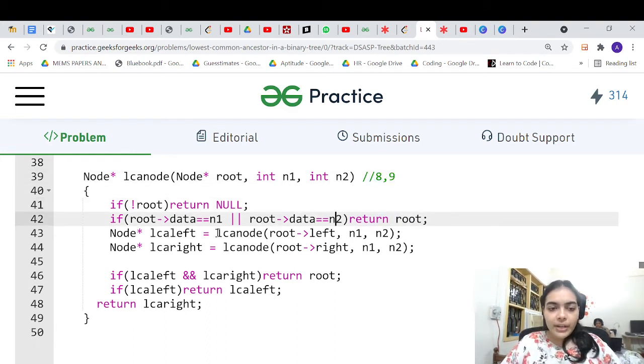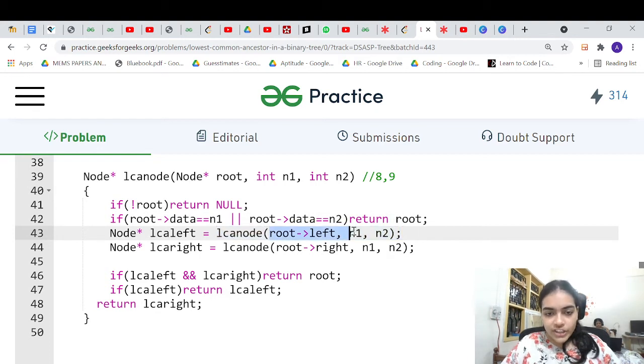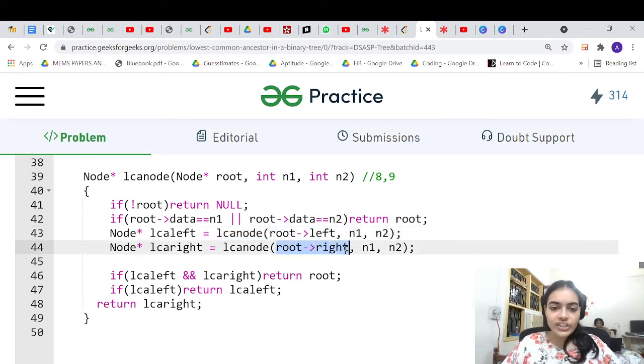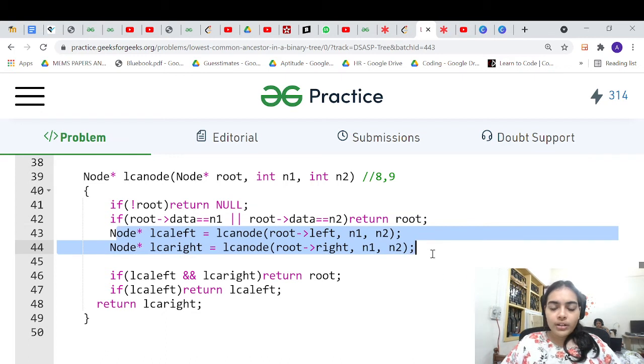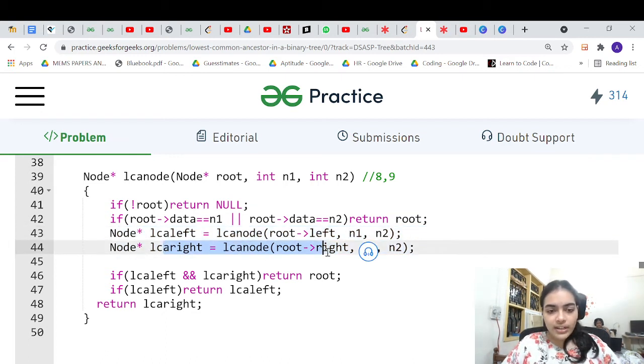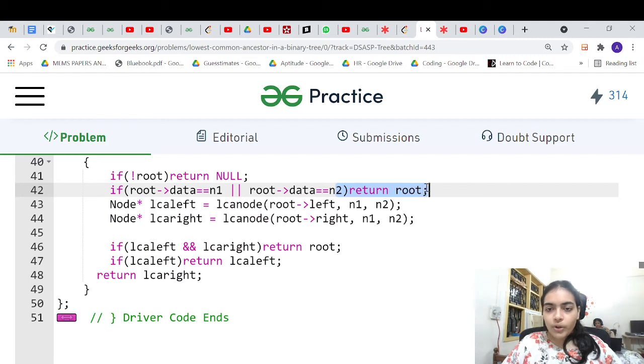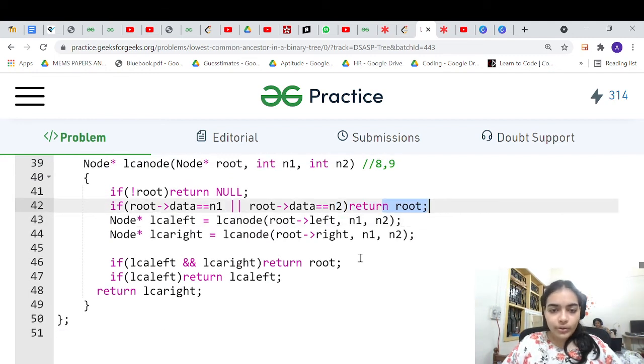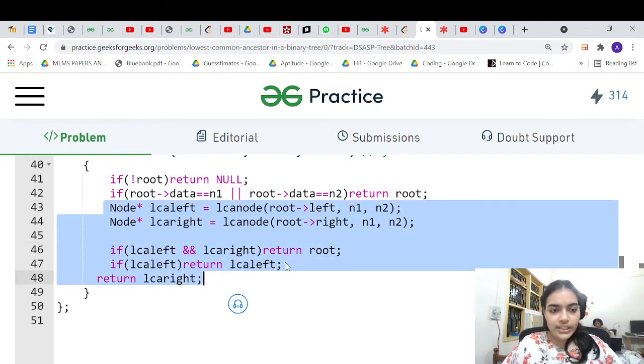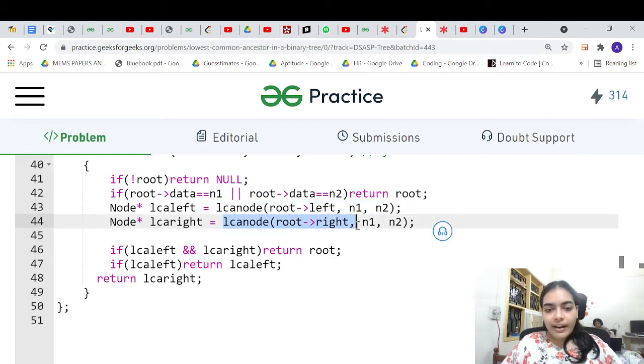Now we can make a recursive call on the root's left child, and on the root's right child. We are looking for whether the root's left as well as the root's right child are having any of the elements. These calls will only take place if we have not found the element at the particular root. So we are looking in the left and right branches.